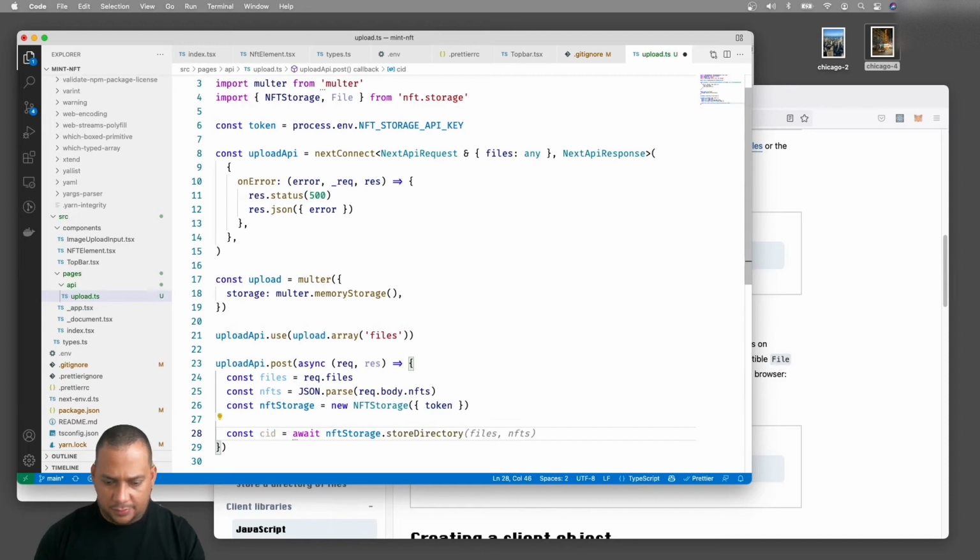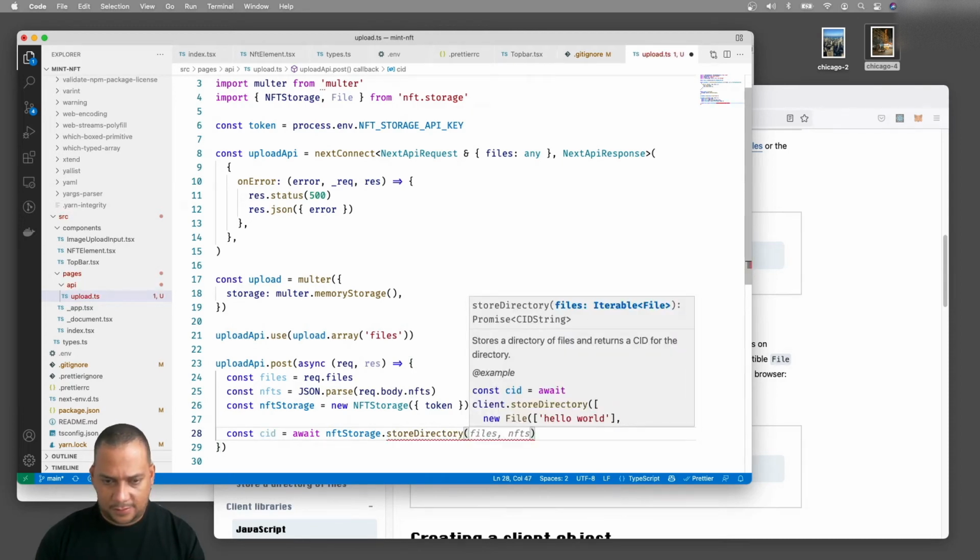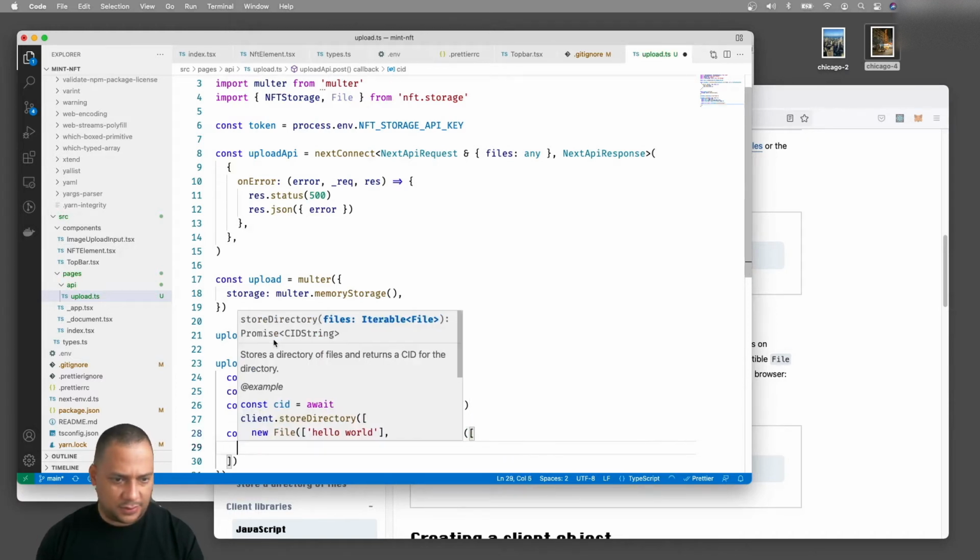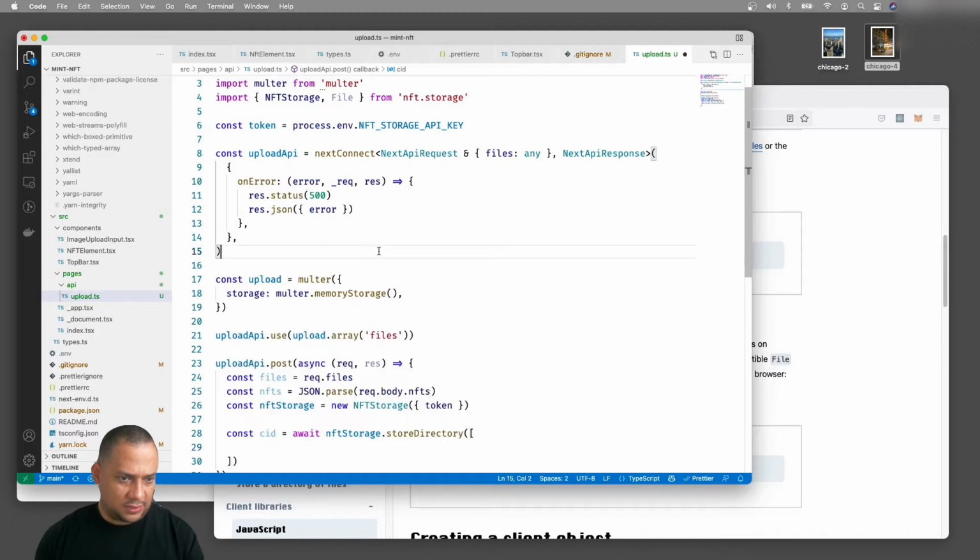And this is the endpoint that we're going to use. We just need to give it an array of all the files that we're going to store. And since we already have the files over here, let's uncompress that. So files.map